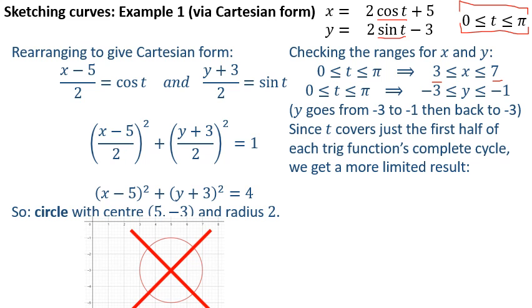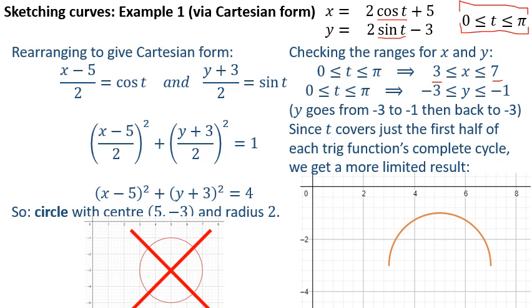Essentially, t only covers the first half of the complete cycle for each trig function, so we get a limited result. For cos, we've managed to go completely from the right to the left, but in terms of sine, we've only gone up and down. We haven't done the subsequent down to the bottom and up again, so we only get this bit of the circle. Our starting point here